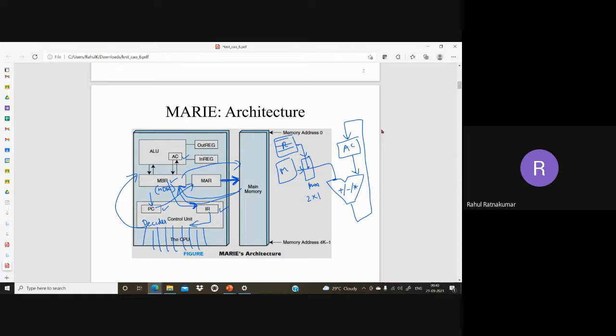So they will be controlling whichever ALU instruction, whether addition, subtraction, multiplication, division, whatever, or which switches are to be on, whether the in register has to be on, the out register has to be on, and the clocking signals. Clocking signals have to be given to the ALU and other parts, and all those loading, store, enabling signals, different units have to be enabled. So basically that is the control unit. That's all.